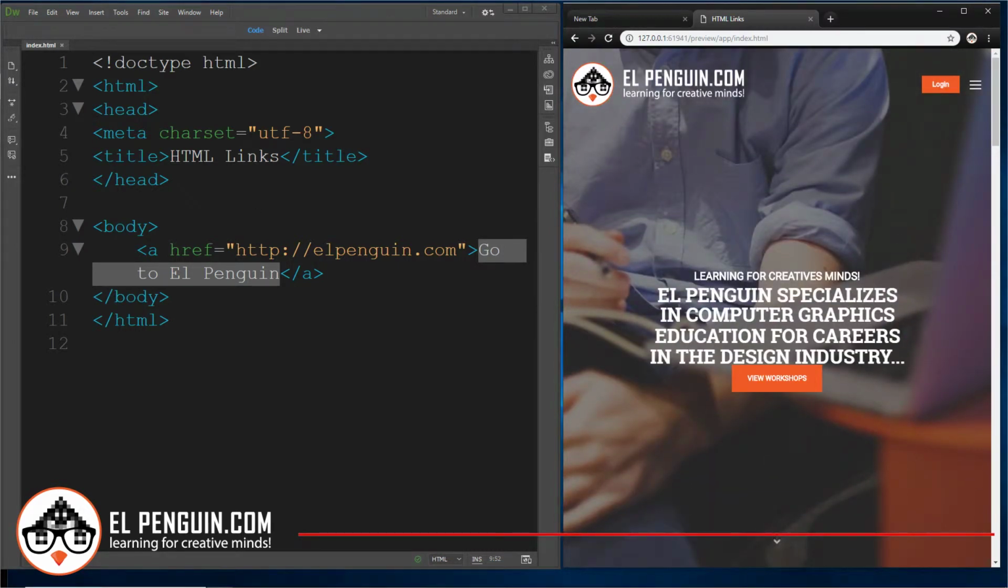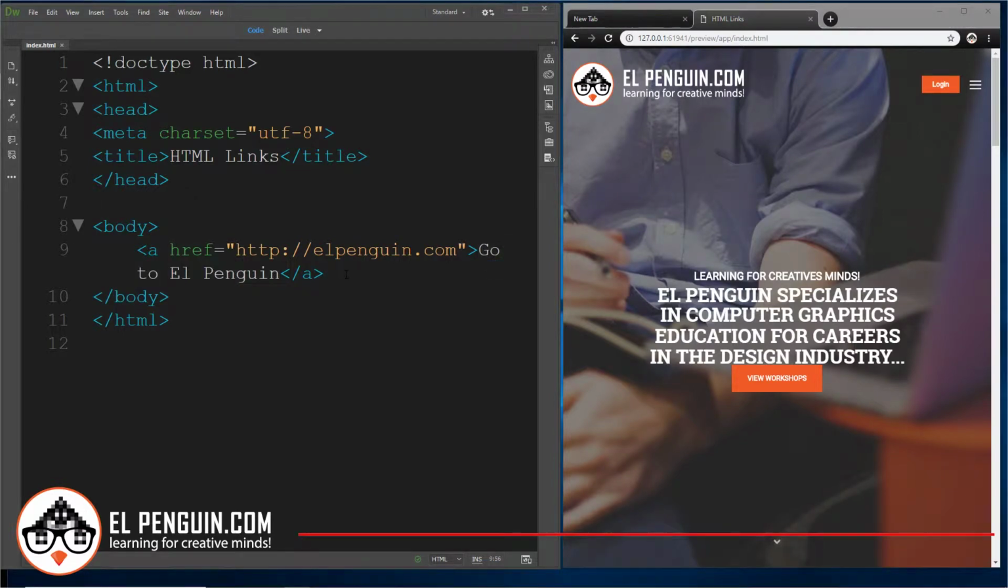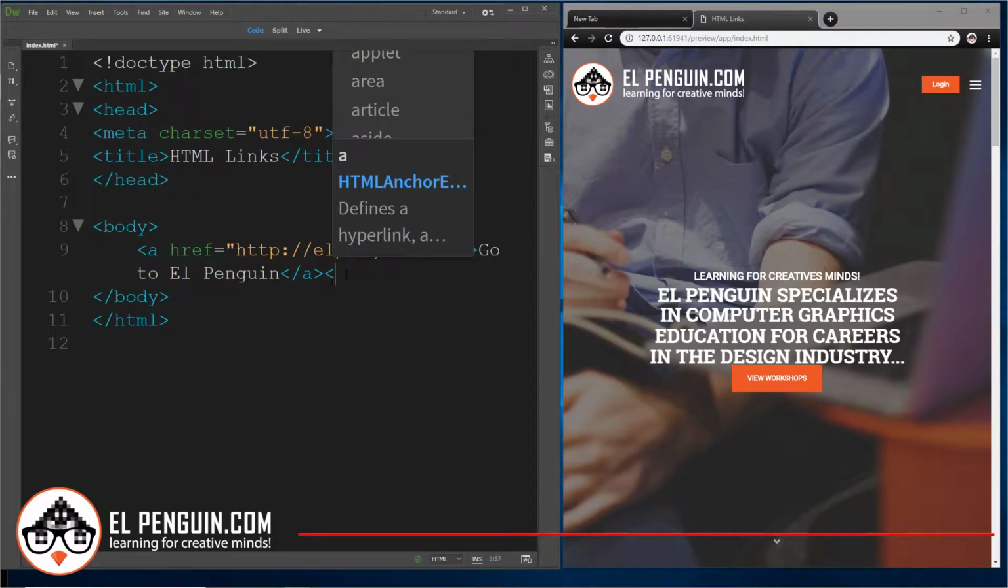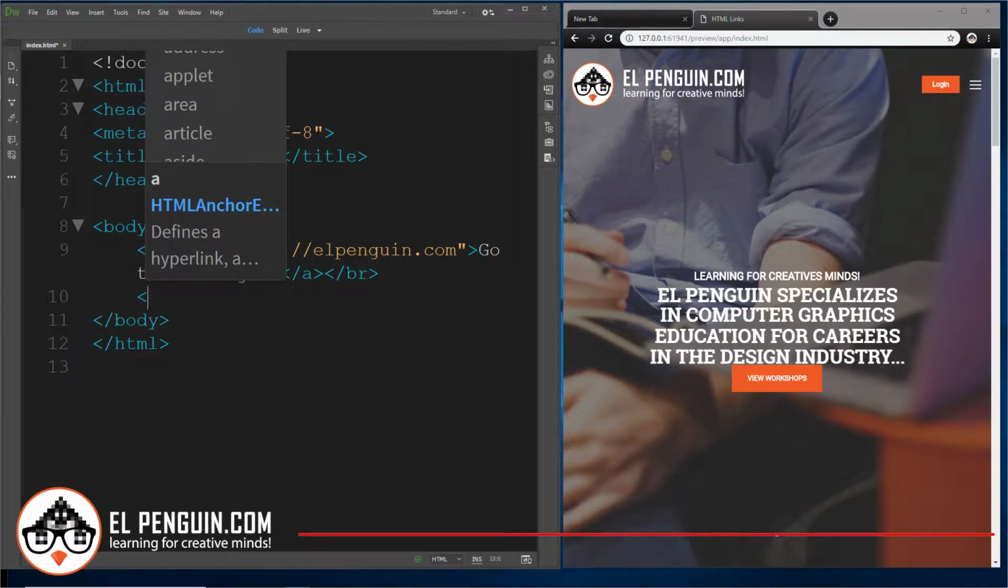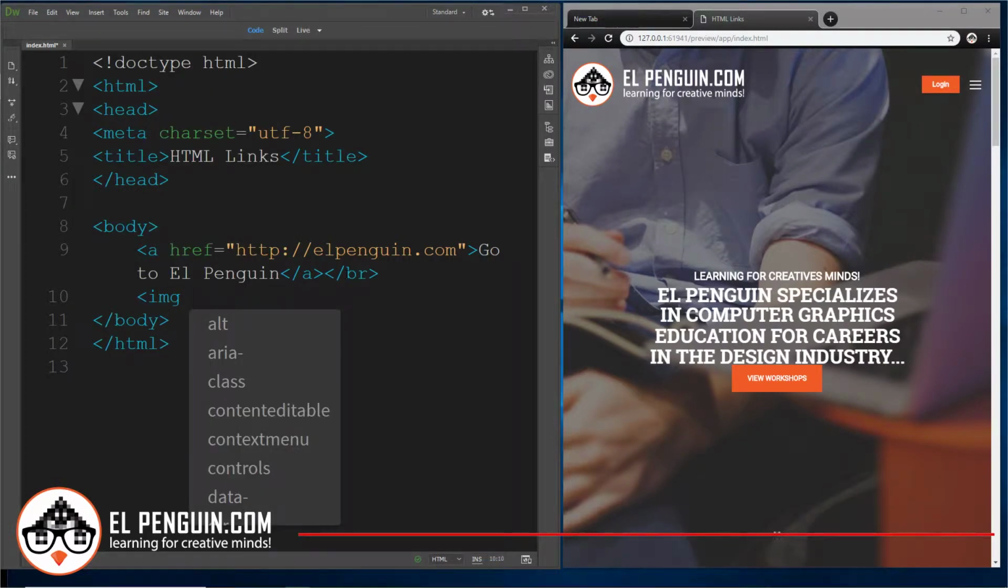So there you have it. That's how you create a hyperlink using basic text. You can also link up images. I'm just going to create a basic break here, and if you want to know more about breaks, you can look at my previous tutorials. So here, break, it's a single space. You can also bring in images. I can say img for images,